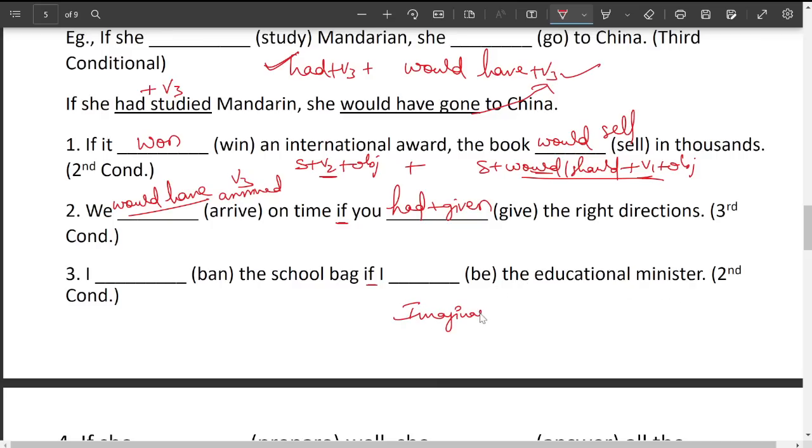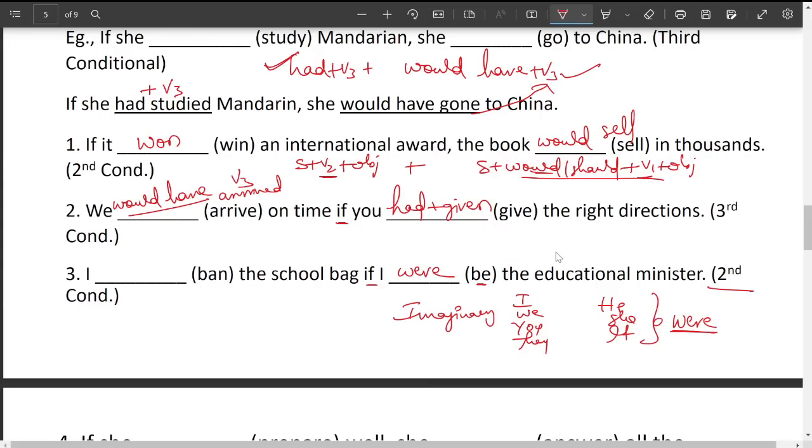In the imaginary condition, remember, whatever the subject is, I, we, you, they, he, she, it, you have to use only one helping verb, that is were. Second conditional be form is only were. If I were the educational minister,